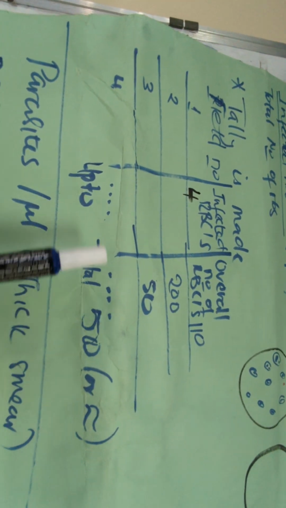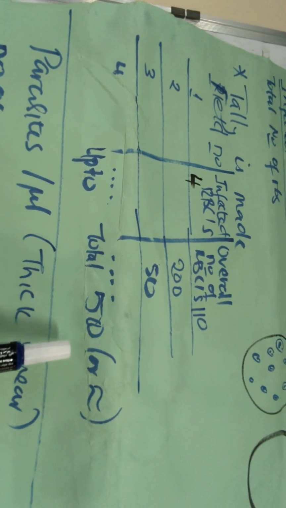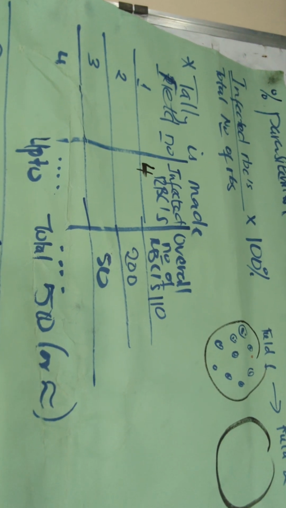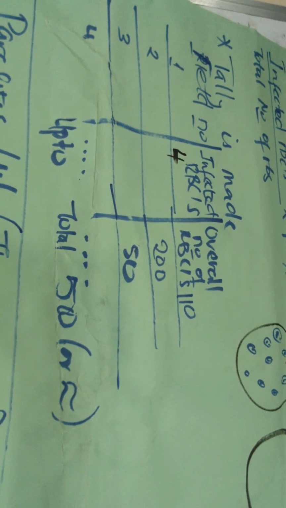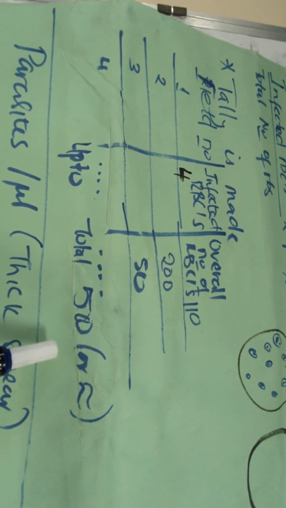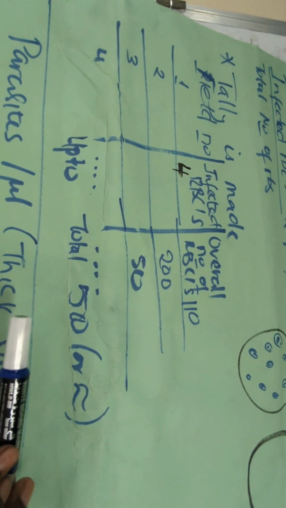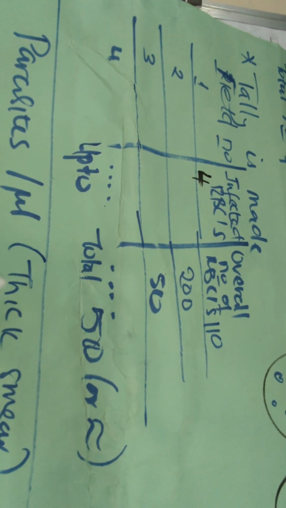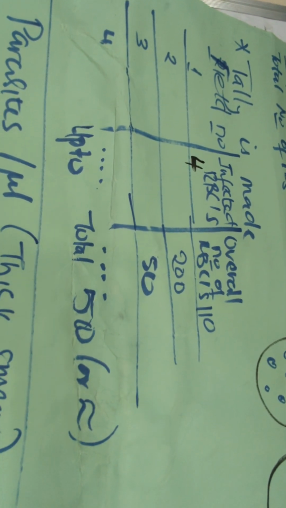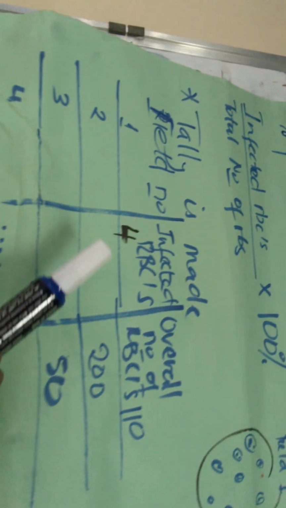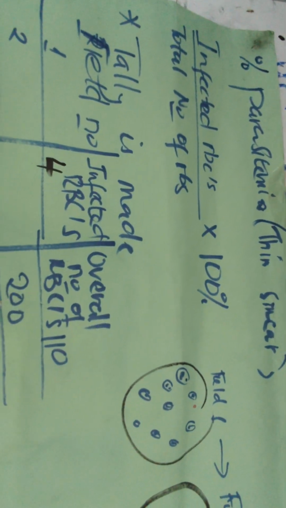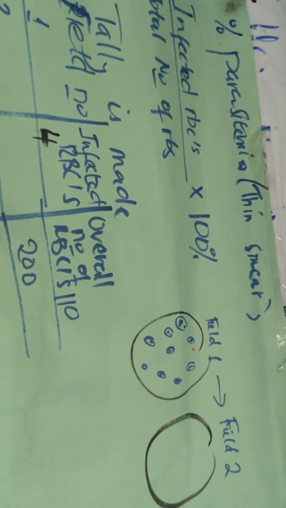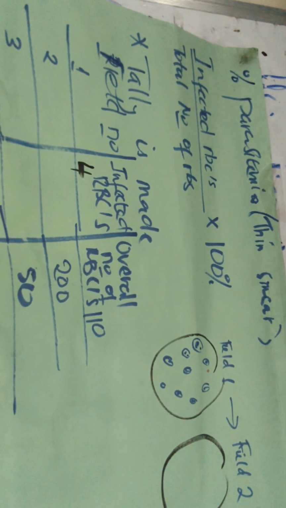And it's usually, by the time you reach field 4, you will have a total of about 500 red blood cells, because they're numerous in each field. So by field 4, you have reached your 500 or so, you stop, and then see the proportion, how many infected red blood cells are in the total 500, and then you feed that into the formula that you can see up there. And then again, of course, this is task 4, so you are